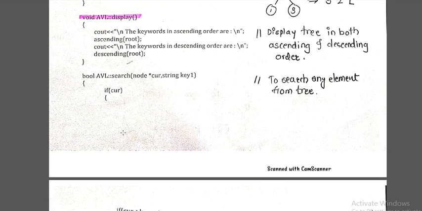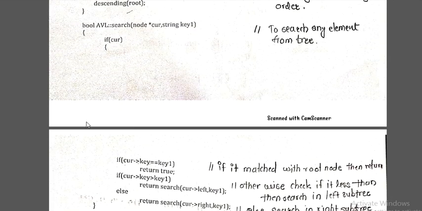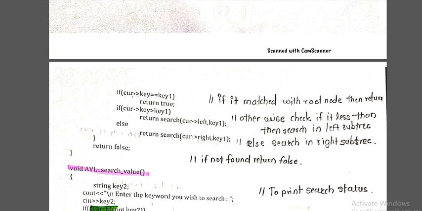Then after that comes searching. So search is also there. For searching, we have to calculate from the current point. Here we are searching, so if the current key matches my searching key, that is nothing but key 1, then we have to return true, meaning the match is found at the first location itself. But if it is not matching,